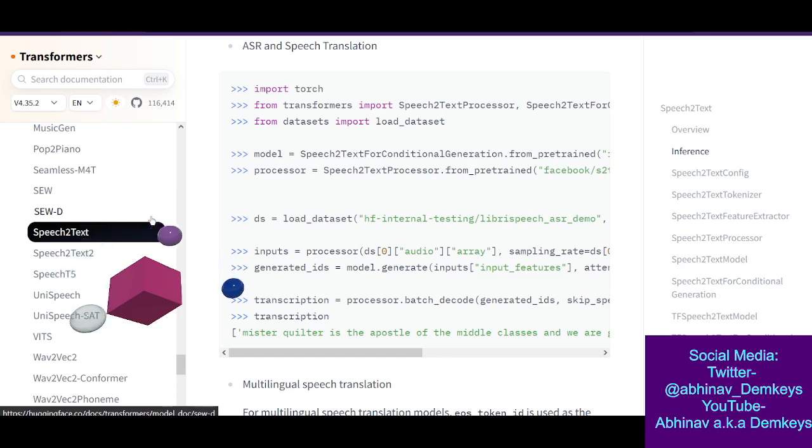That would be a decent way to test, what do you call it, the speech detection thing. That would be an easier thing to test out right now.